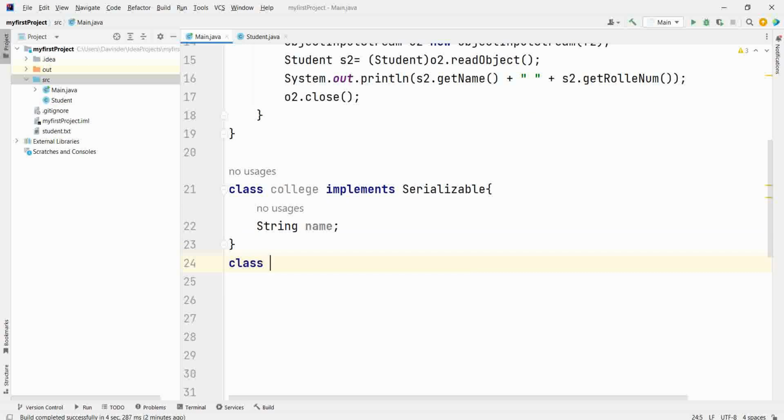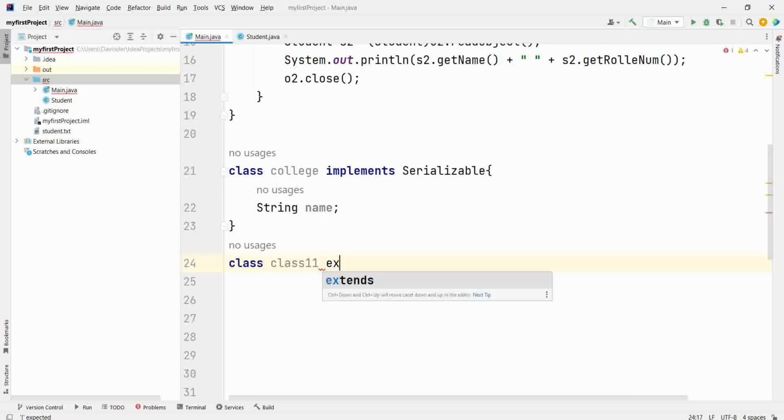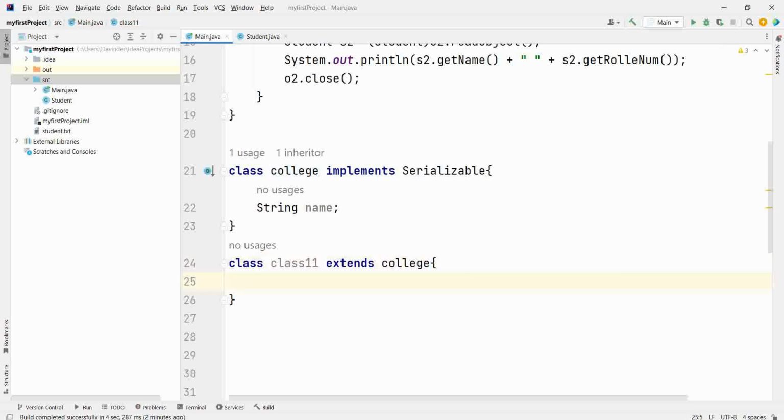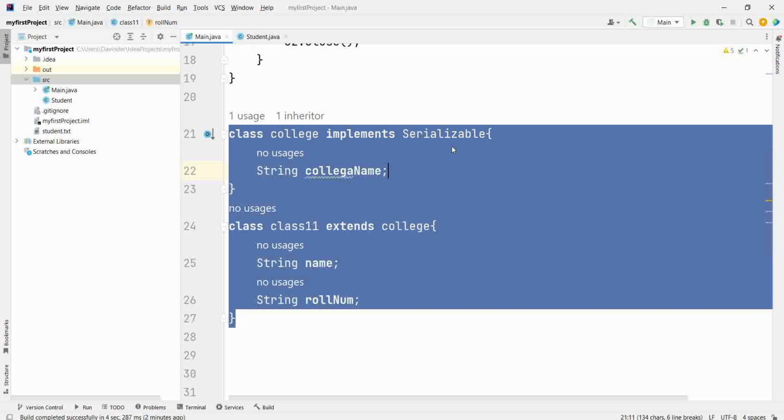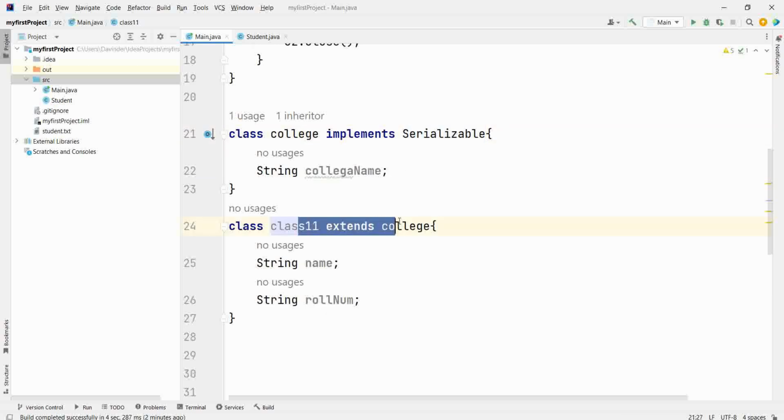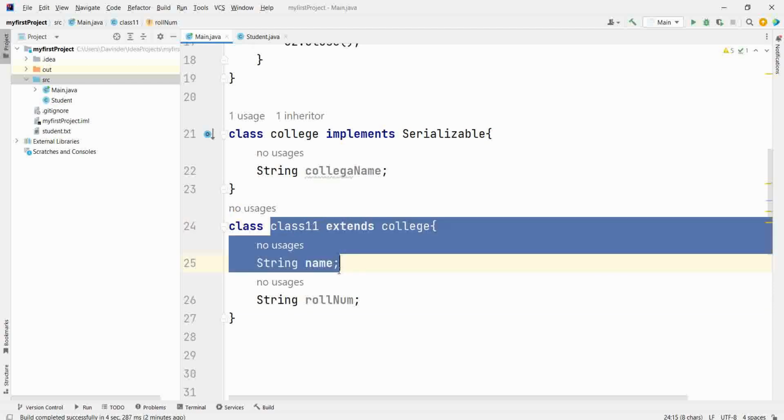Similarly, you have a class named Class11, which extends College. You can have roll number and name, string name, string roll number. This is college name. Now, in this case, if a parent class is serializable and a child class extends the parent class, then this class is also serializable by default.